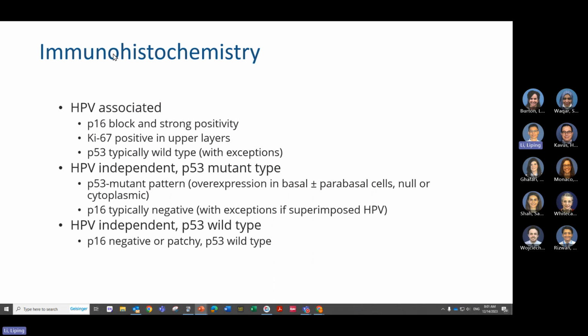So for immunostaining, we all know if HPV related, we should have P16 strong, diffusely positive. And then we also have our P53 immunostaining. Just bear in mind for this mutation pattern, we have overexpression, that means all of the neoplastic cells